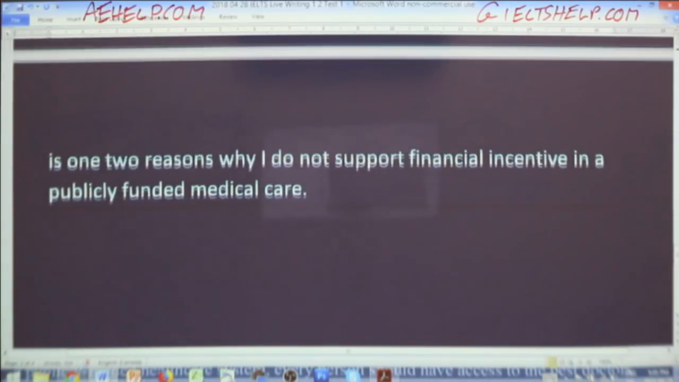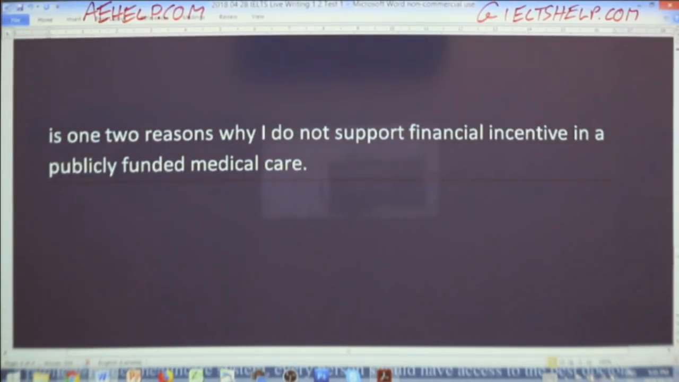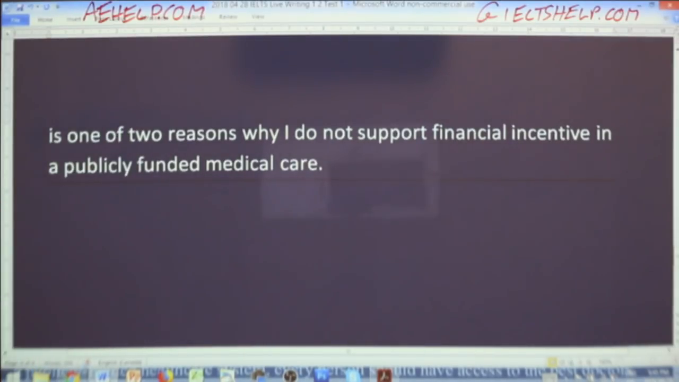This is one of two reasons why I do not support financial incentive in a publicly funded